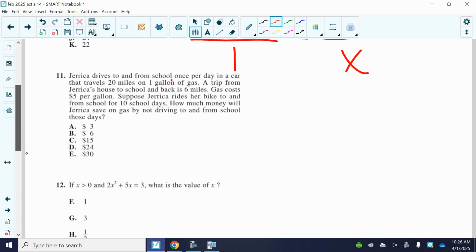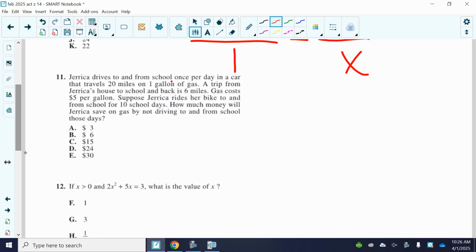Okay? Math story. Are y'all good at these? You drive to and from school 20 miles per 1 gallon of gas. So that's a ratio proportion, huh? So the trip back and forth is 6 miles. Gas costs $5 a gallon. If you ride your bike to school